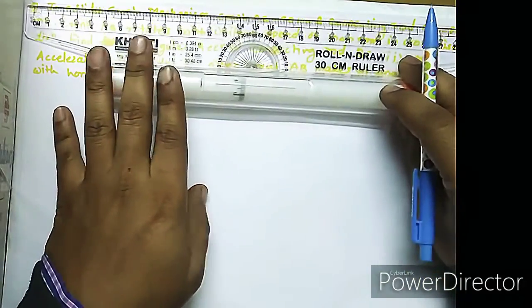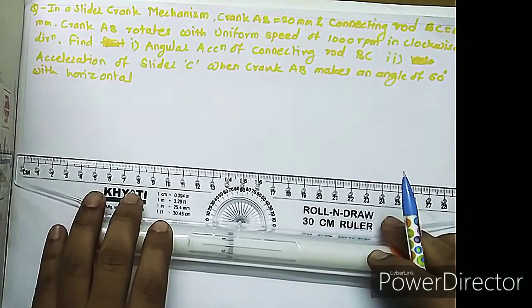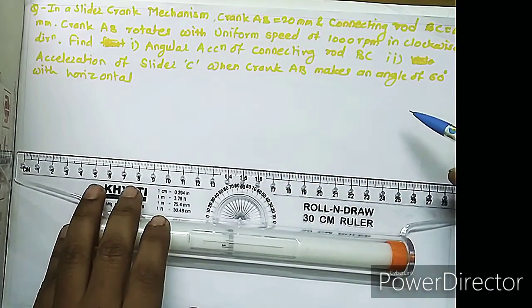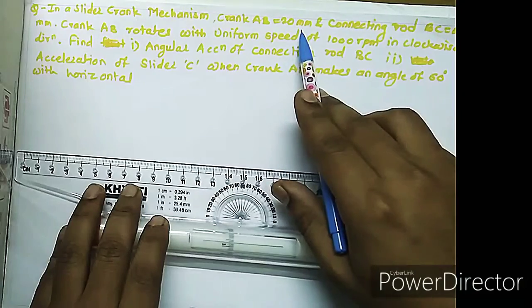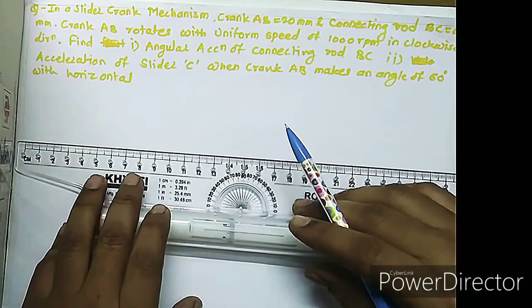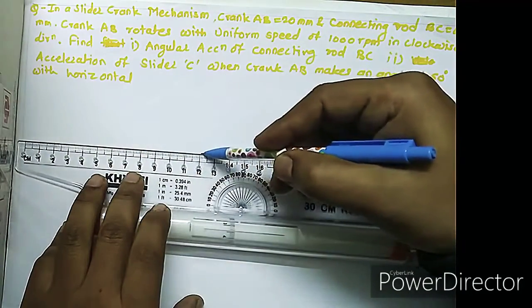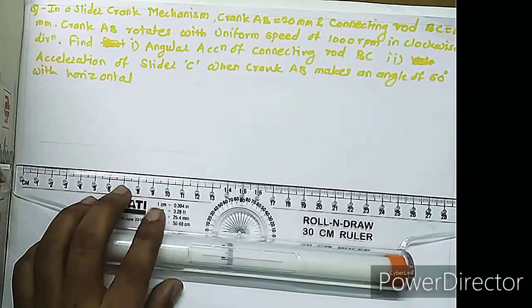Now, draw one horizontal line to draw the configuration diagram. The configuration diagram can be drawn with a scale or can be drawn with the dimensions as they are. Now here crank AB is 20 mm and BC is 80 mm. Draw one horizontal line, mark one point on it